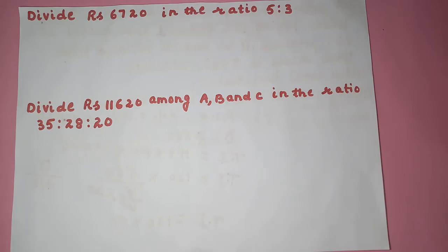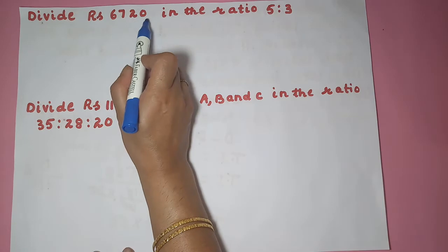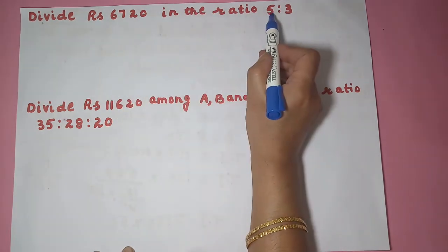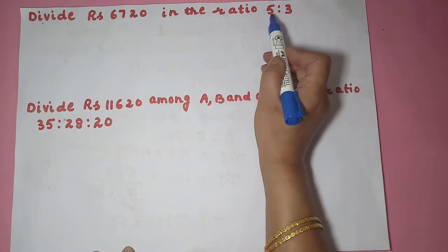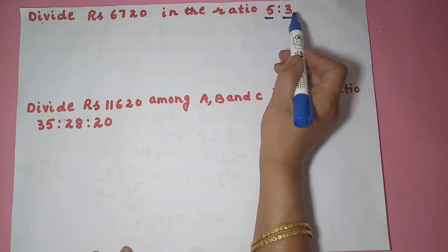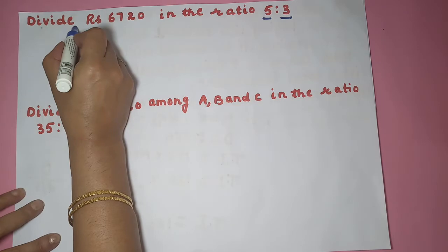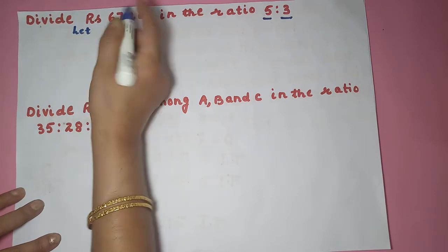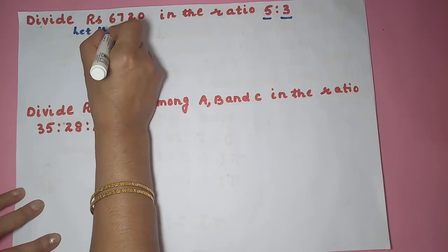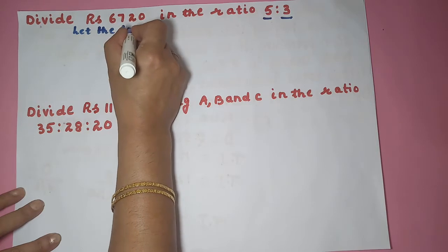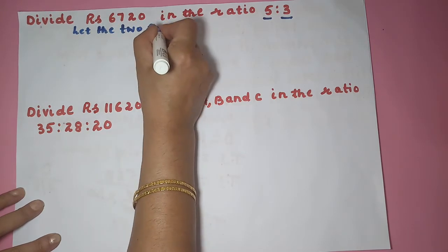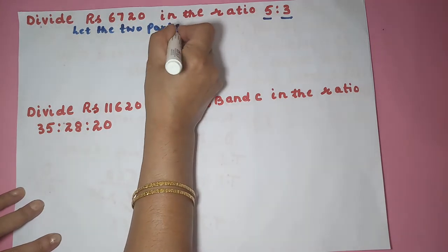In this video, we are going to solve some more sums based upon the ratio. Now, this question says that divide 6720 in the ratio 5:3. So, the two parts of 6720 are 5 and 3. So, we will say let the two parts of 6720 be